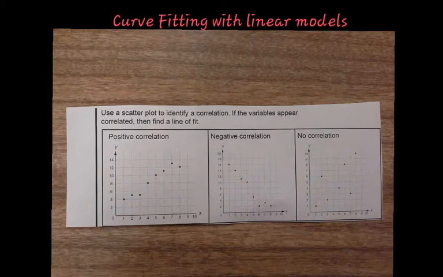Alright guys, we're going to look at curve fitting with linear models in this video. Curve fitting with linear models is when you have correlation and you have a scatter plot. A scatter plot is when you plot points and you can find a relationship between two different variables. In this case it's going to be the x values versus the y values. And correlation tells us the direction of the relationship, and the correlation coefficient also tells us the strength of the